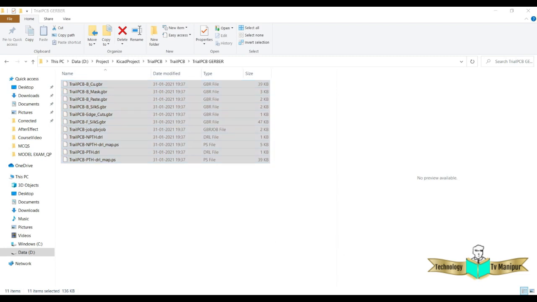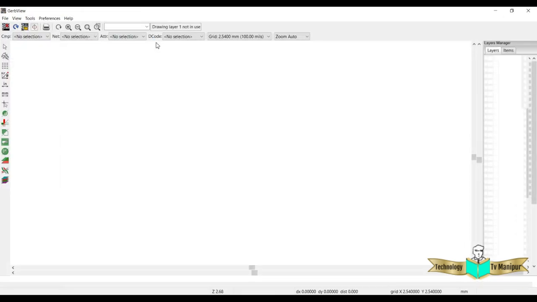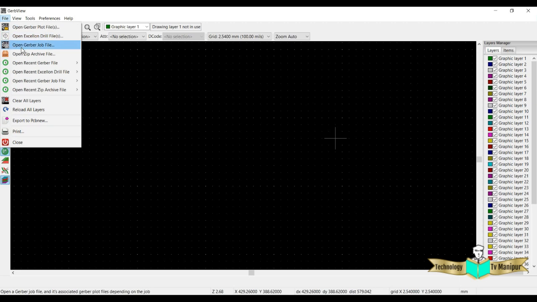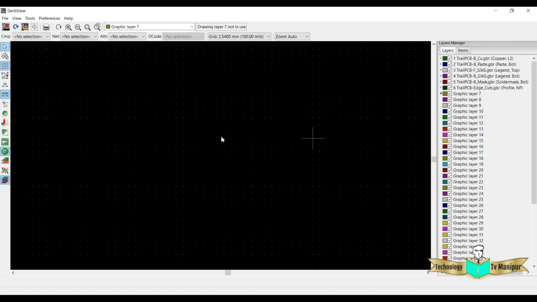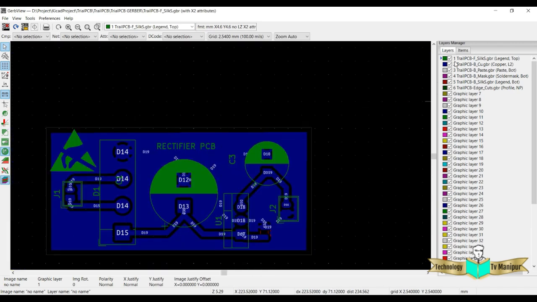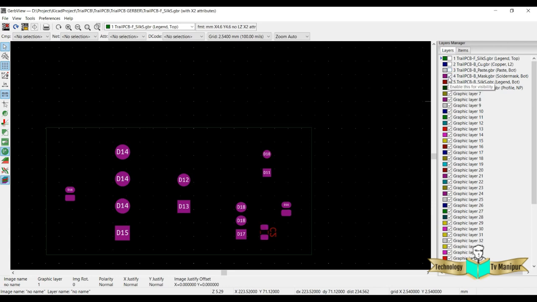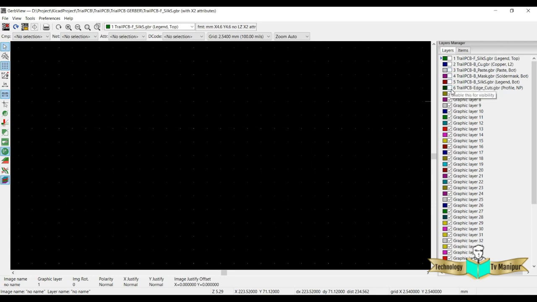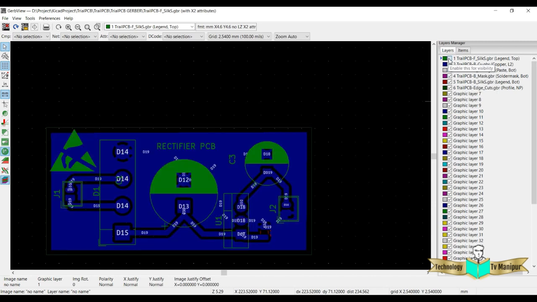Now if you come to KiCad and you want to verify whether your Gerber looks perfect or not, you can click this Gerber viewer and load the job file. You can open the Gerber job file, and in the job file folder you will be able to see how your Gerber will look in the production view. So here they can choose which layer they want to print, stencil, anything. They can select the layer properly and keep printing whichever